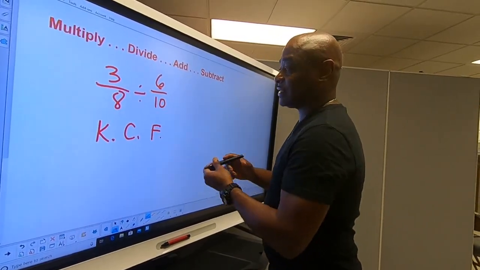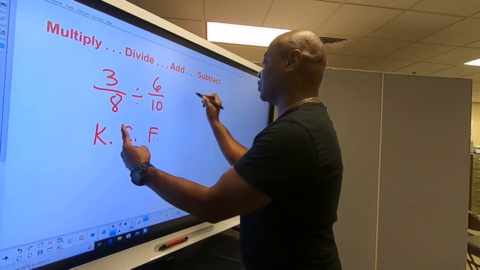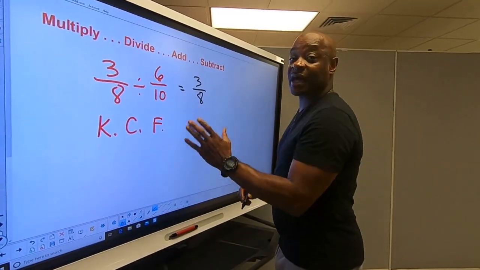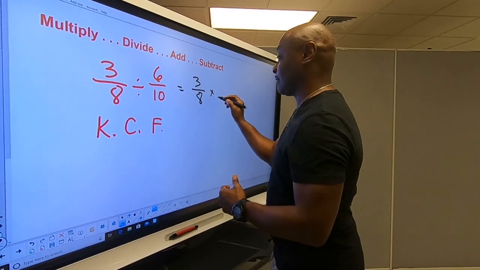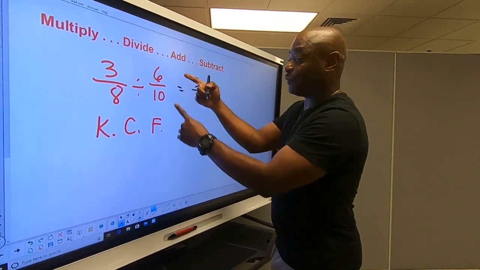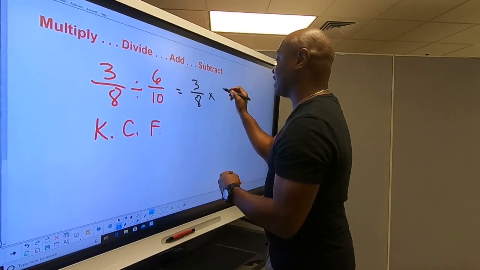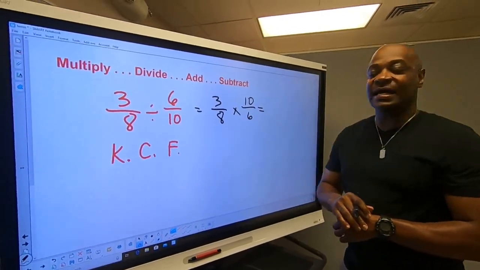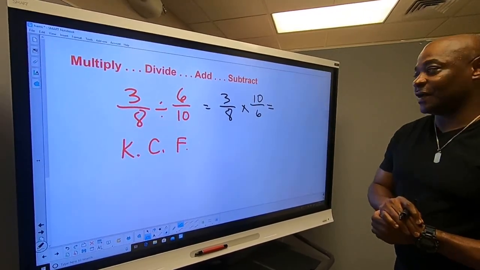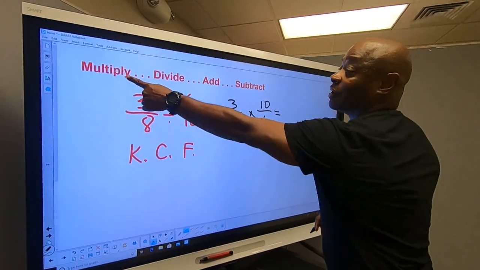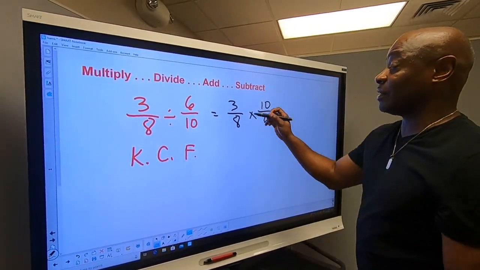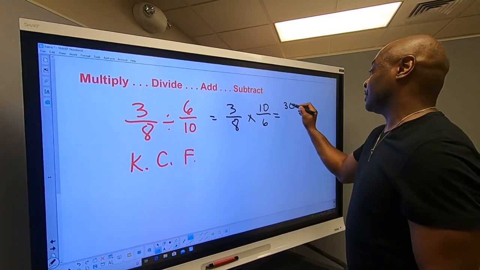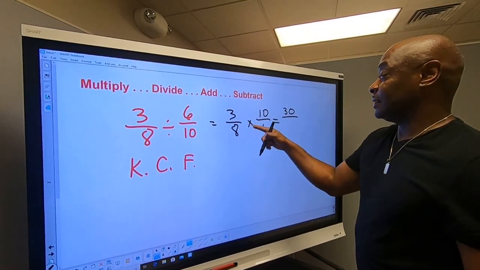So now, let's rewrite this, okay? So let's keep the first fraction, which is what? 3/8. All right, let's change our sign to multiplication. Let's flip this. Now, proper fraction, we're going to flip it. Now it's going to look like an improper fraction now. So now we go back to what we were doing in multiplication. We just multiply across. 3 times 10 is 30. 8 times 6 is